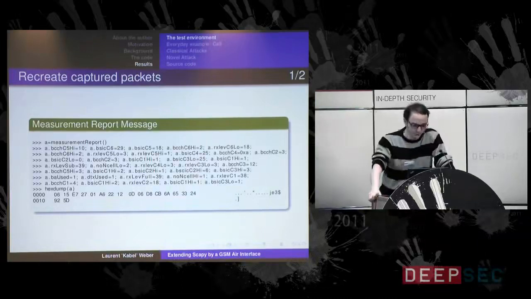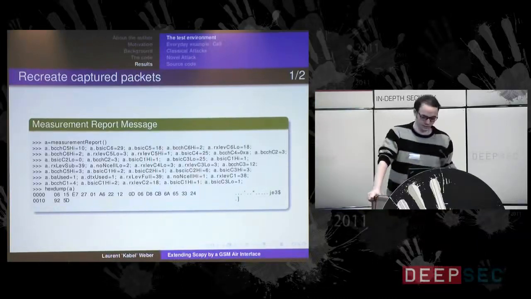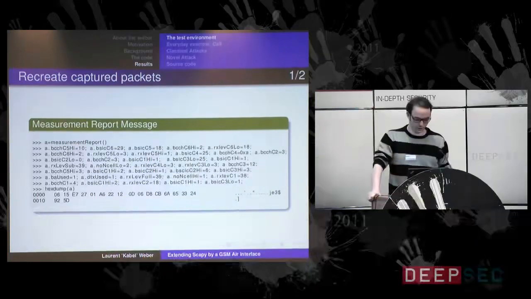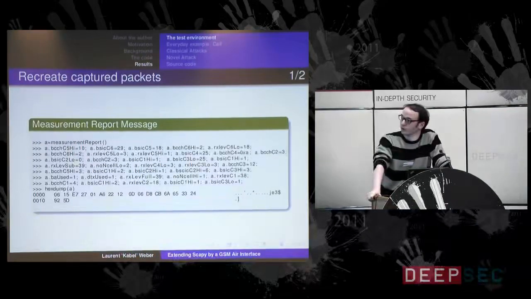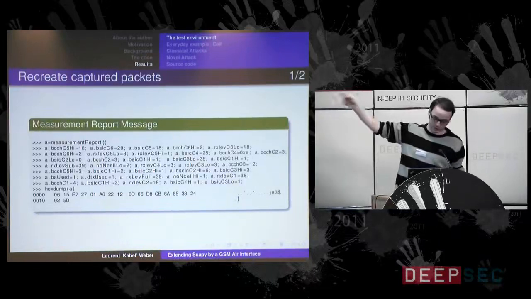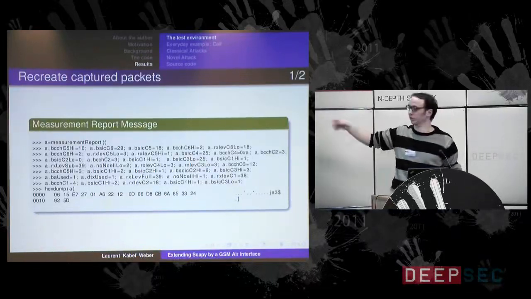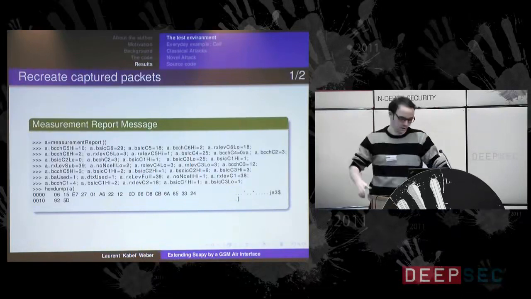This is the most complex packet I found during all my work with this tool and this infrastructure. It's a measurement report message. People that know Scapy should recognize it. The first thing is you create a packet and you name it A, and then you set the different fields with their values.